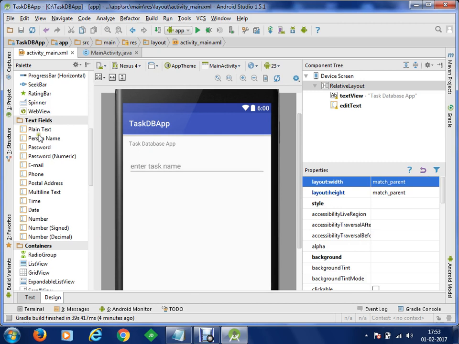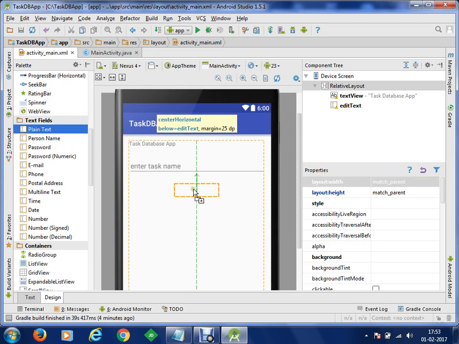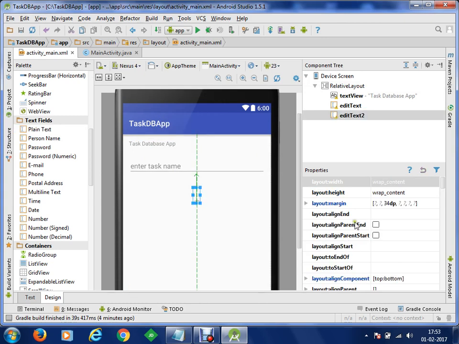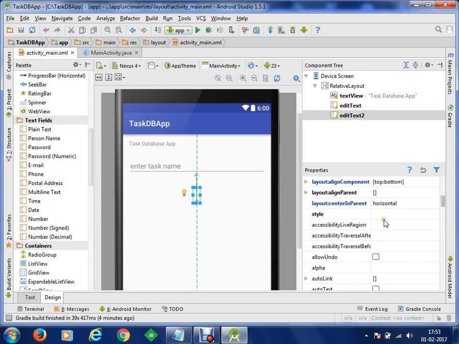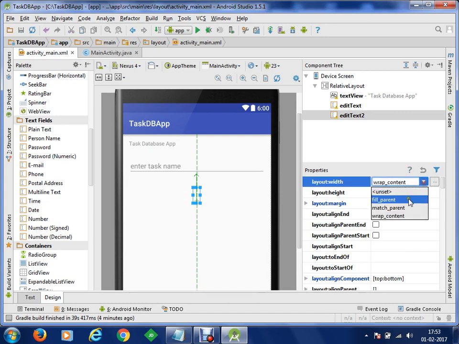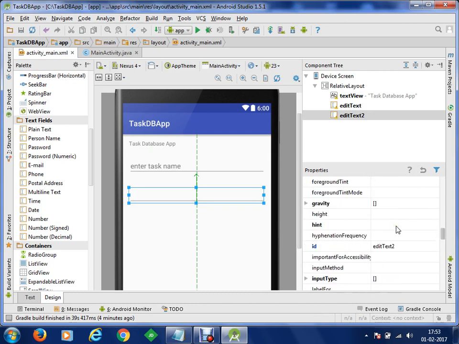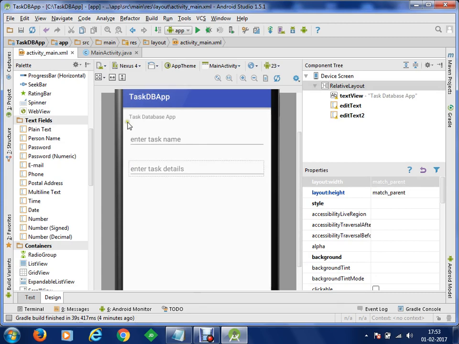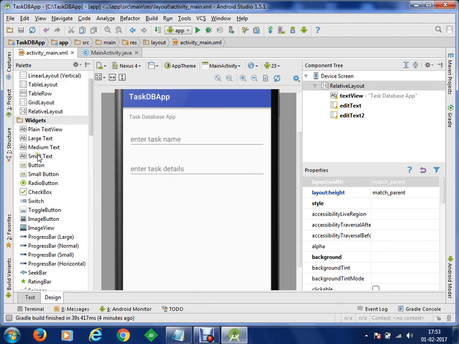We'll take another edit text control, and this will be for task details. So I'm going to enter a hint. Let's just put the width to match parent so that it takes the width, and we are going to set a hint, and the hint will be something like enter task details. So we'll have both task name and task details here, and now we are going to put in our button controls.